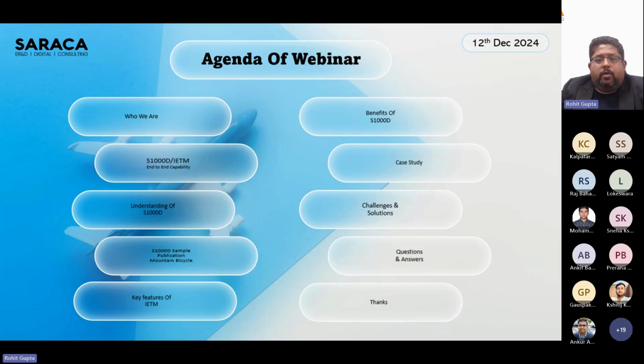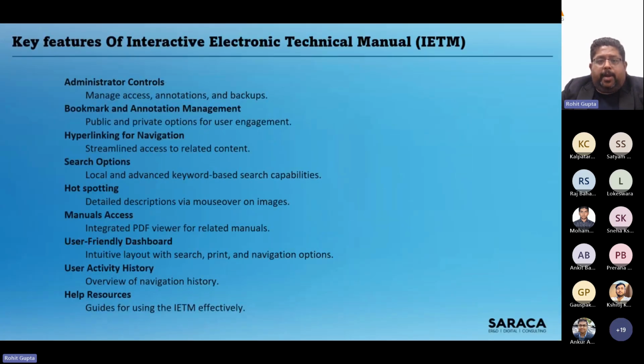Moving to the next. So we have touched a little bit what we have seen in the last 5 minutes. But apart from those two key features, there are a lot many key features of interactive electronic technical manuals. So the one is administrator control. So you will see why I'm saying that it is very important to have this offline. Just imagine, let's say